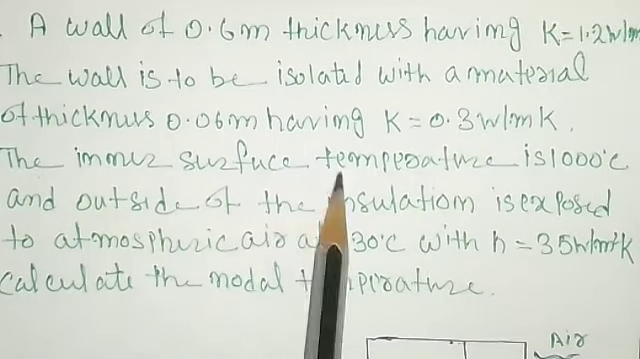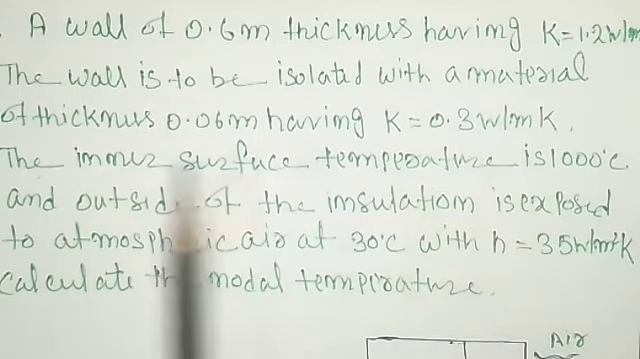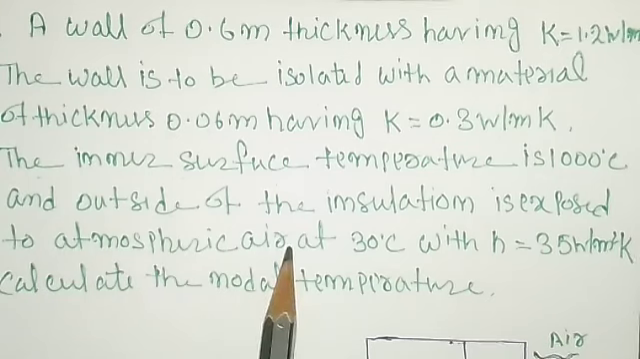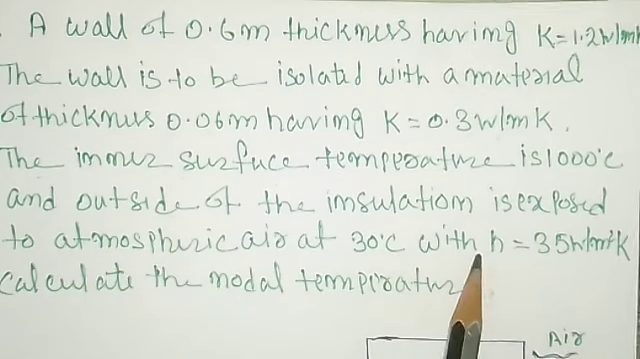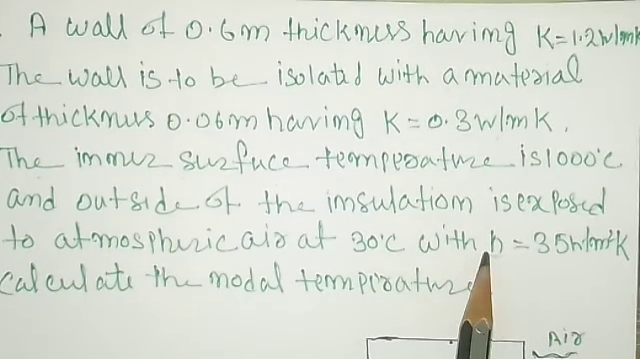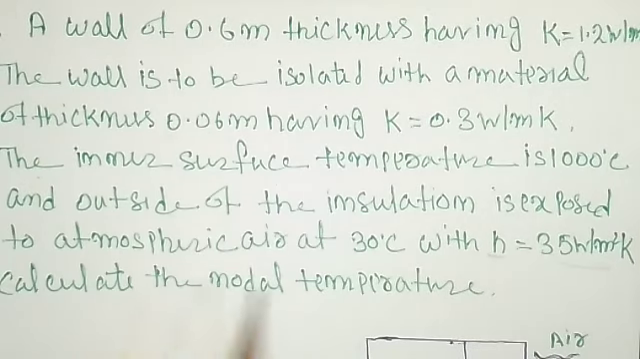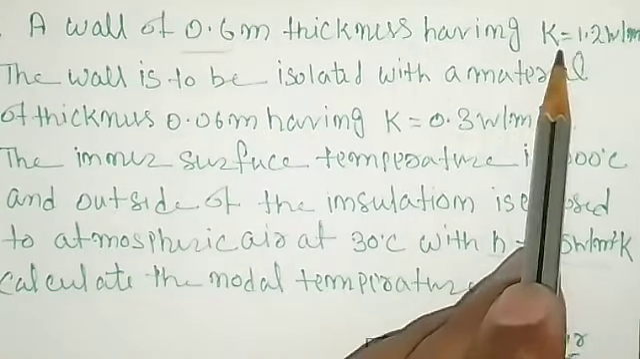The inner surface temperature is 1000 degrees centigrade and the outside of the insulation is exposed to atmospheric air at 30 degrees centigrade with heat transfer coefficient, that is H, equal to 35 watt per meter square Kelvin. Calculate the nodal temperature. So you have one wall whose thickness is 0.6 meter and the thermal conductivity